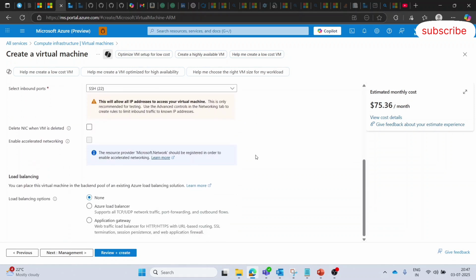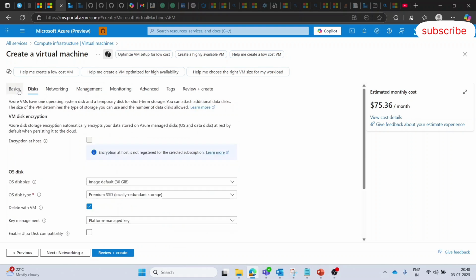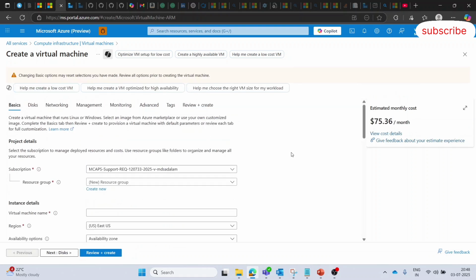We have to make sure what kind of service requests will come in to communicate with our virtual machines, and what kind of requests will go out from our virtual machine. So we are responsible for managing the networking, the disk, the storage, and the OS as well. This is our responsibility.